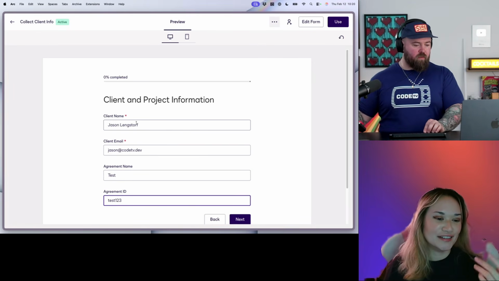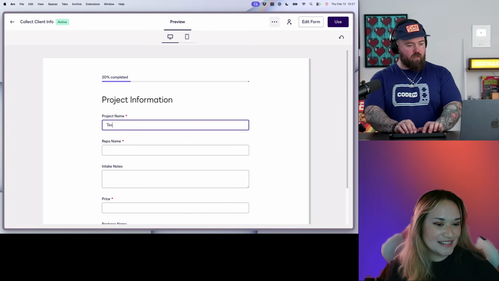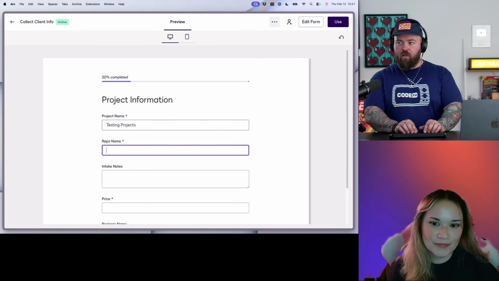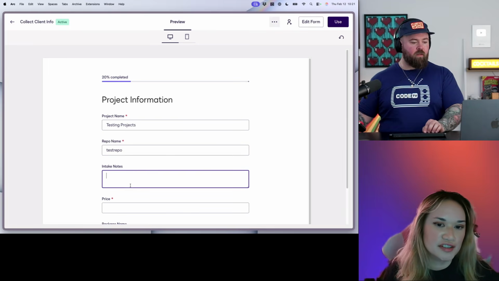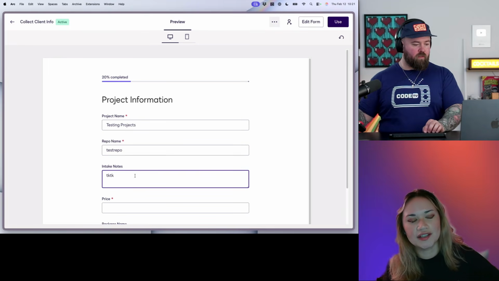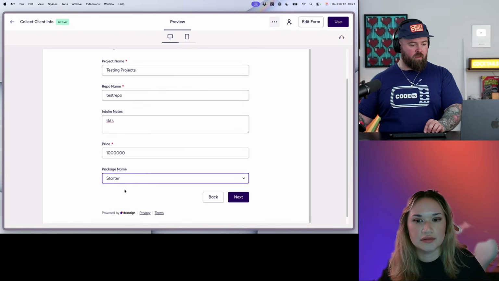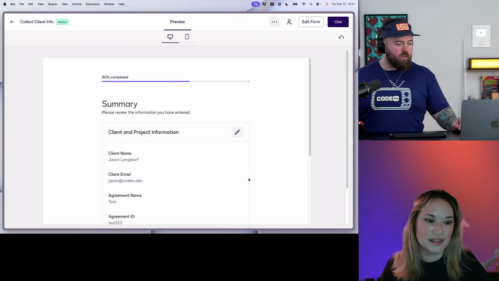And then the project name is going to be the repo name. Do we want this to be a real thing? No, we don't have to, so we can just do test real quick. We're just making sure that this is going to grab the variables. Whenever I do workflows, this is sort of my first step when it comes to debugging the automation, checking the web form. Yep, hit next.